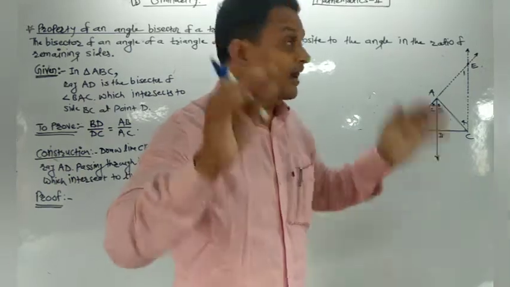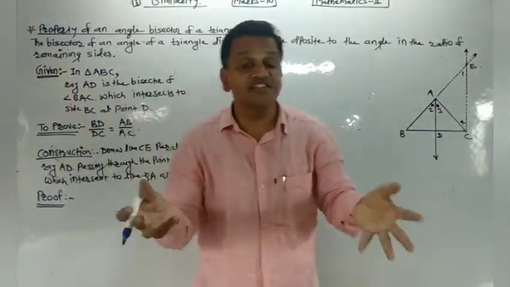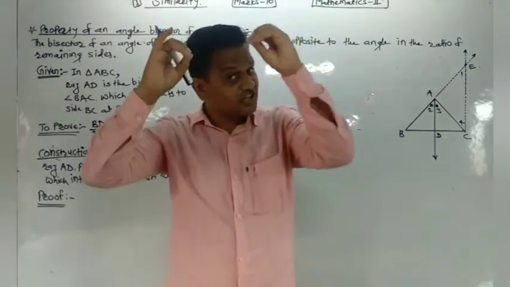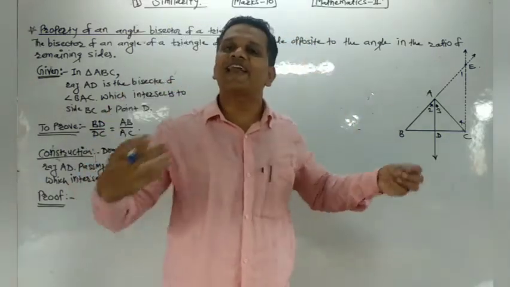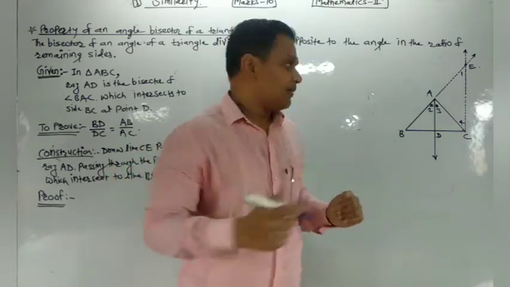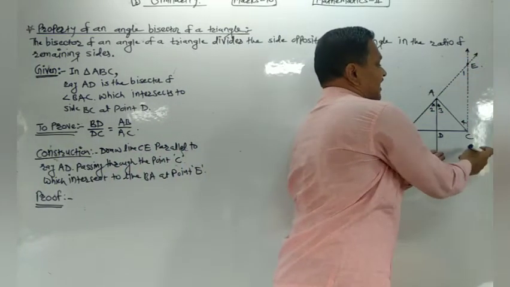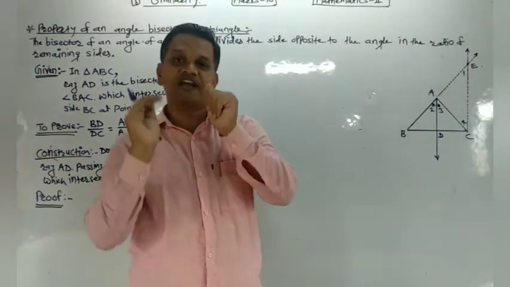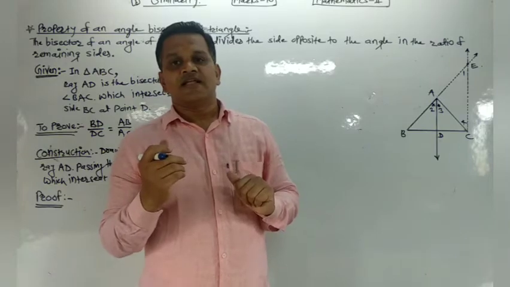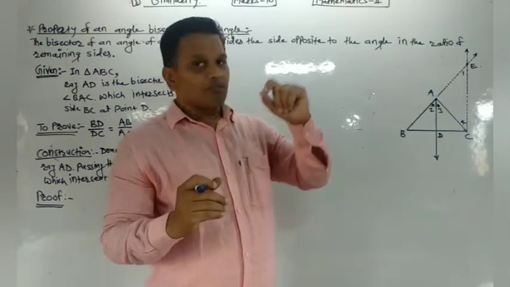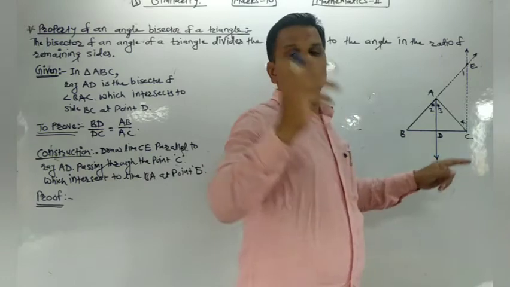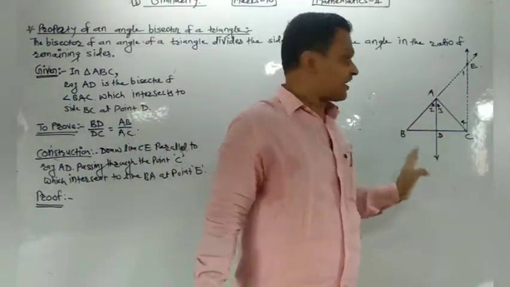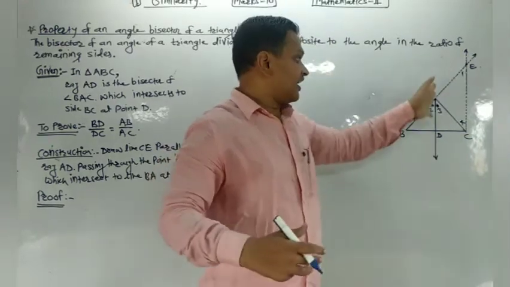These are two angles in the same triangle. If two angles of a triangle are congruent, then the sides opposite to them are congruent. The side opposite to angle 1 is AE and the side opposite to angle 4 is AC. So AE and AC are congruent, and that is what we wanted to prove. From this we get AE equals AC, step number 4. And then we can use the BPT theorem in triangle BCE, where ray AD is parallel to EC.